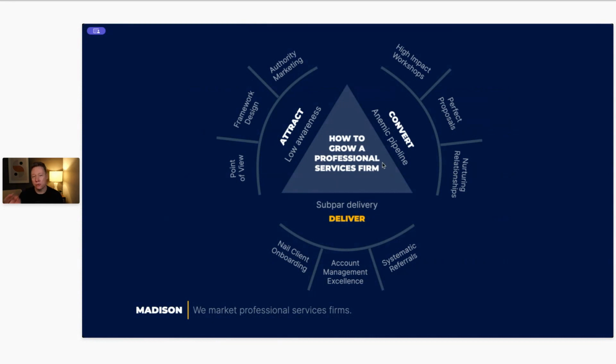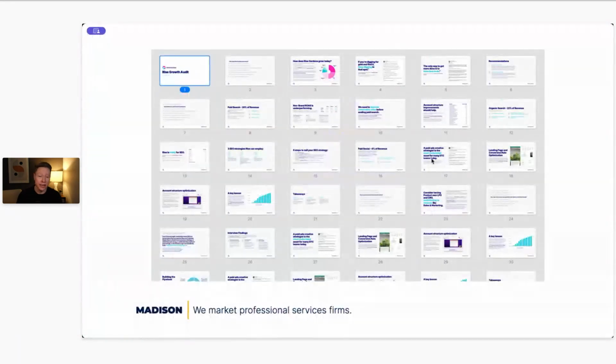Ideally, your framework isn't just something that you use as a marketing gimmick, but it actually informs how you deliver your work in a differentiated way to your clients. Again, to use Mike's example, his 8 questions lead into a growth audit. That's always how he starts an engagement, with a growth audit. He does a deep dive into all 8 of those questions and tries to answer them for his clients. And then that turns into a larger engagement. So how can you do that for yourself as well?